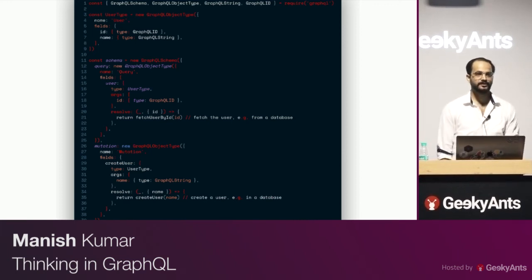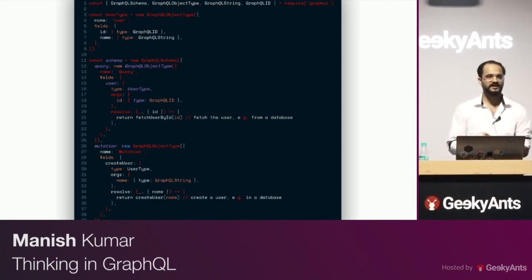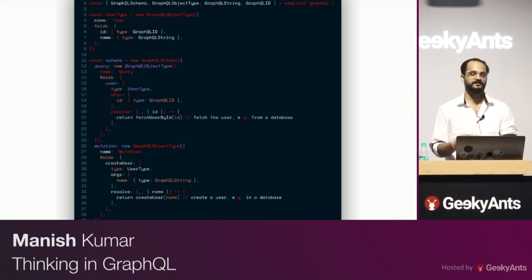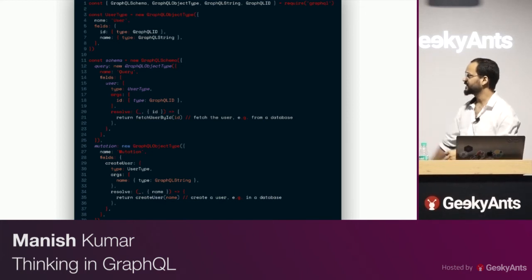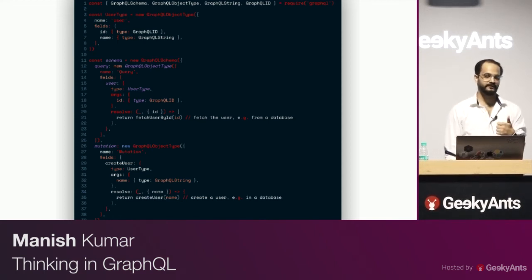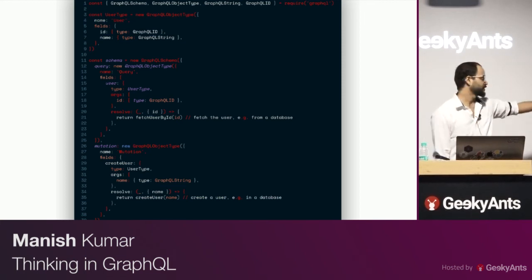So this is how you write in JavaScript. This was one of the earliest implementations of GraphQL when it came out in public as an open source specification. There's something called GraphQL JS, which gives you this. You write everything as JavaScript objects. There's something called GraphQL object. In that you provide a query, you provide the name, you provide the fields that it has inside it, and you're also resolving for it.